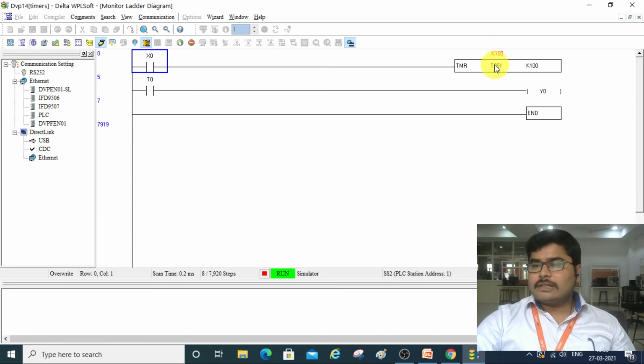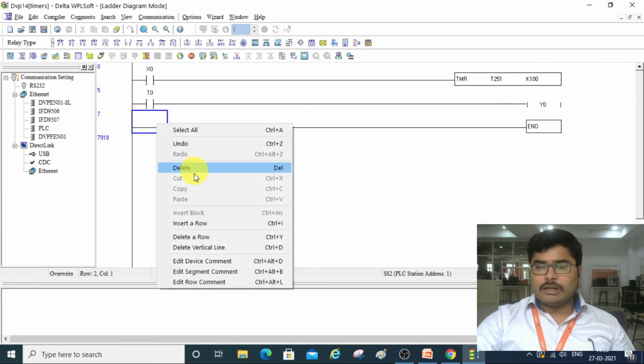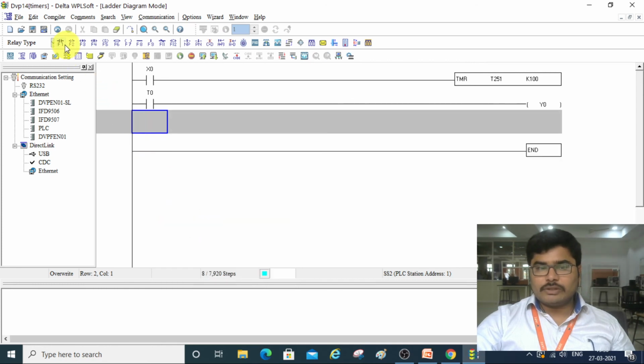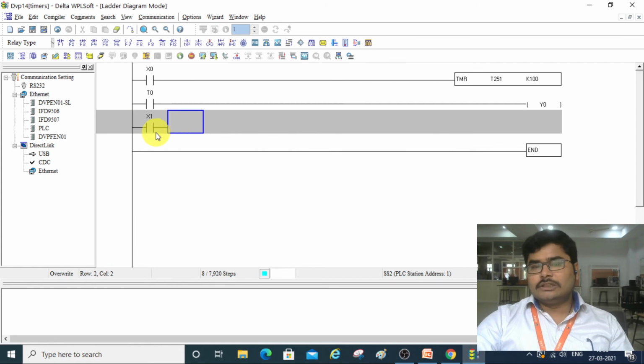Now how can you reset this value? To reset that value, you have to use another command or another switch. So with X1, I am going to use another switch externally. When I press X1, this timer T251 has to reset.